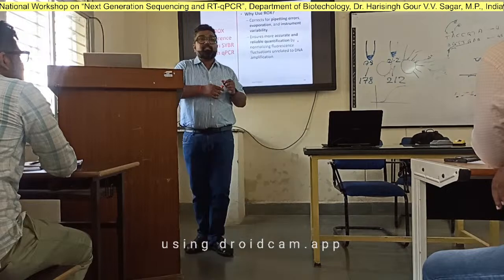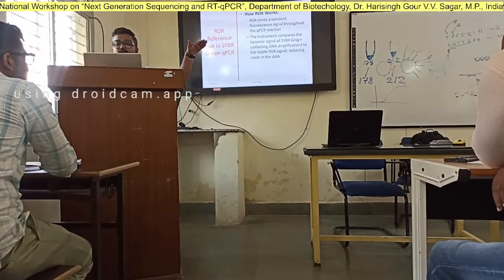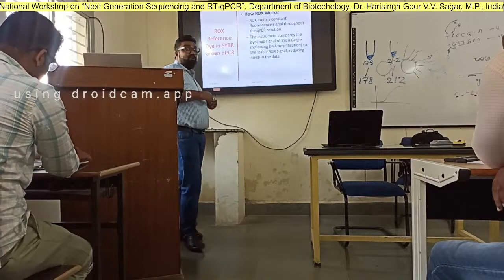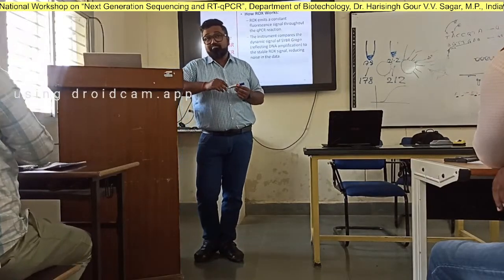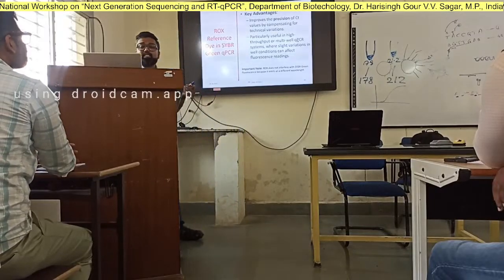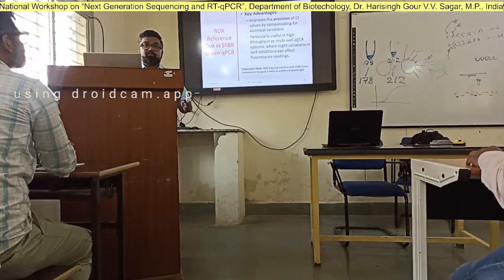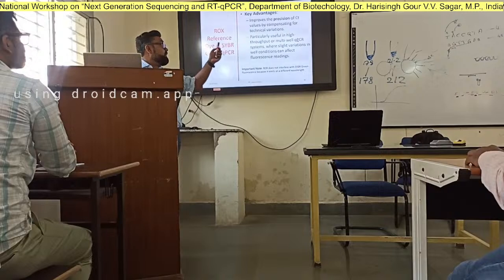So ROX will emit a constant passive signal, and the instrument will compare the magnification and the stable signal of ROX, and it will reduce what we know as the noise data. So what does it do? It increases your precision. In instrumentation there are multiple words. One is accuracy, another is precision. So precision will be increased because it